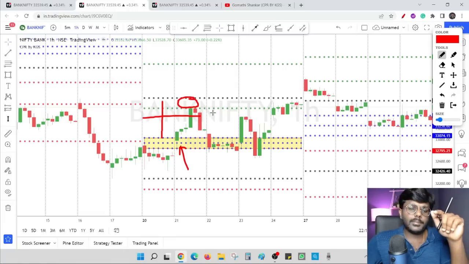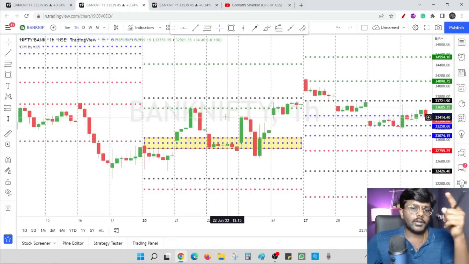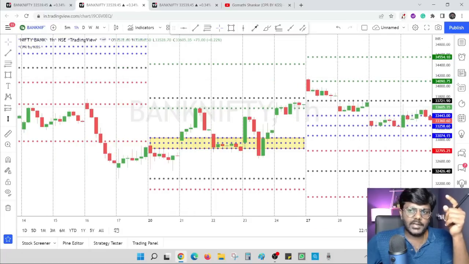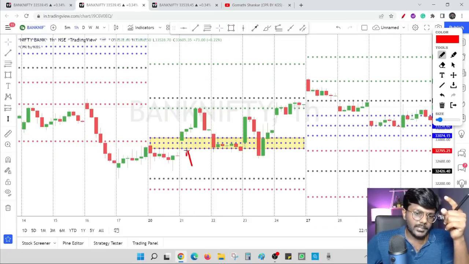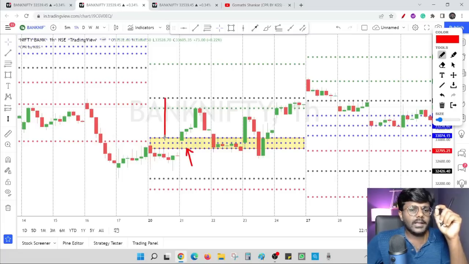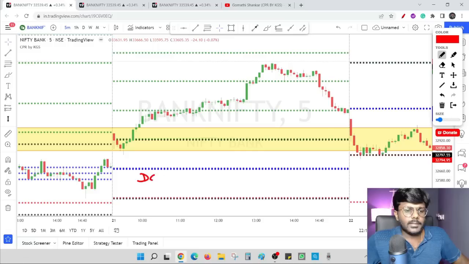If prices are breaking R1 and previous week high, then that is a high probable trade. So as per that logic, the candles are coming above weekly CPR. I will look for scalping only till this 50% level. The market is above daily CPR and this is the weekly CPR zone. The market is above weekly CPR. So I will take a long position here.